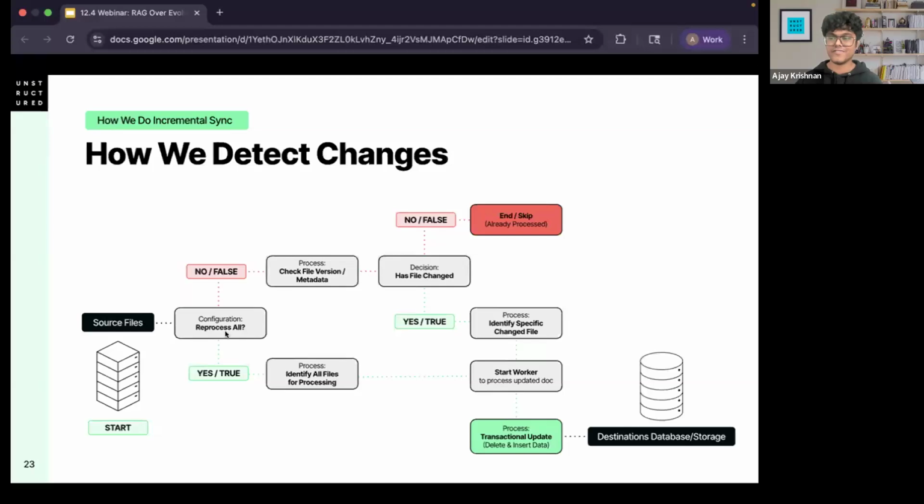We first check if we've enabled reprocess all, or if we've enabled incremental sync. If we've not enabled incremental sync, that means we just identify all the documents, reprocess everything from scratch, and throw them into the destination. If we've enabled incremental sync, then we check each file. Each source connector has a certain tell, a certain metadata to it, which helps us determine if this file has